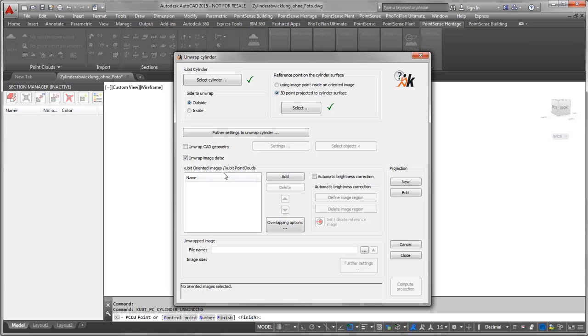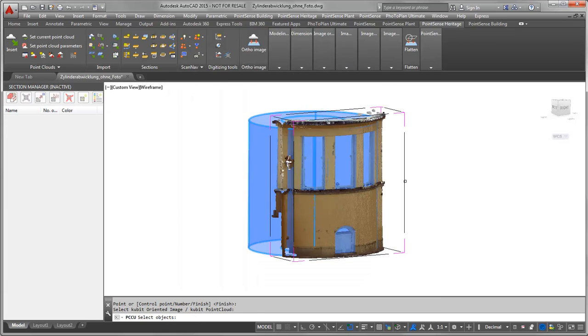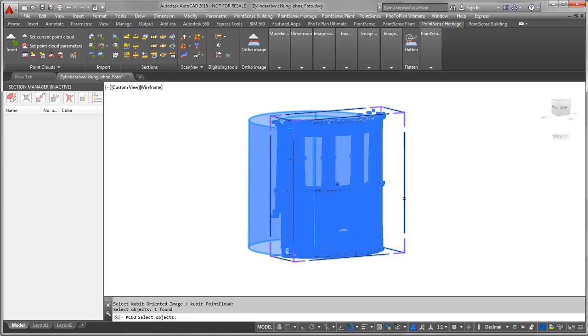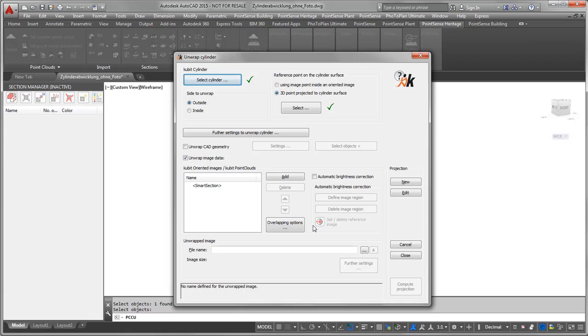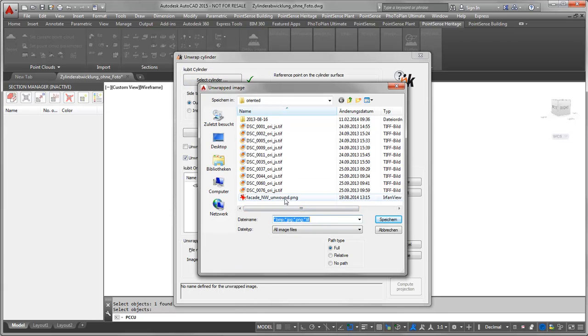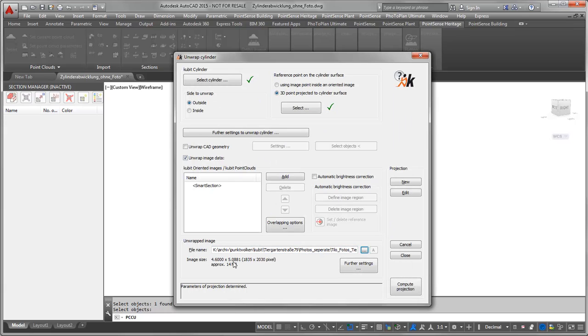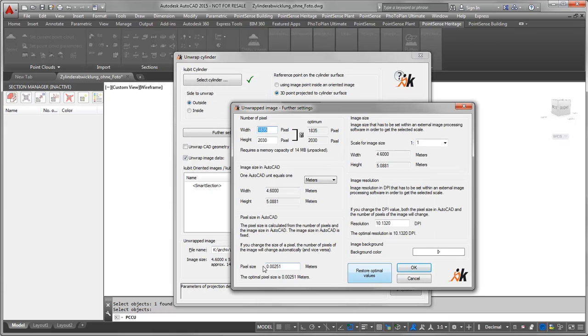And now we don't have image data, but we do have a kubit point cloud, which we just created with the smart section. So we can add this one by picking the boundary box or picking the point cloud itself, confirming pressing enter. Brightness correction is not necessary right now, and yeah, we just say unwound point cloud, save it, and we can check the resolution of the imagery. Okay, 2 millimeters is quite small,